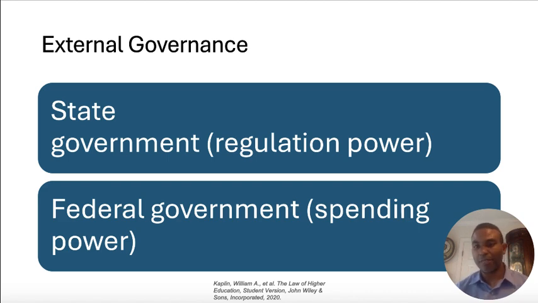And again, my goal here is not that you're going to become preeminent, or a legal scholar of everything. There are people who go to years and years of law school, so I don't want to overwhelm you. I just want to give you an overview so that as you work as higher ed leaders, you have a basic framework to make sure that, A, you keep yourself out of trouble, and B, you know how to operate in a legal environment.